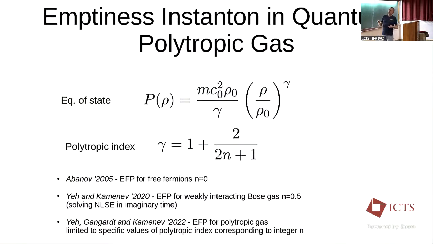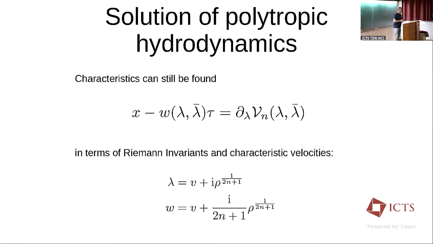Of course, the solution for the emptiness probability was deduced by my collaborators and myself some time ago. Because it involves some analytic function like the gamma function, it could be simply analytically continued, but we had no idea what the emptiness shape looks like. And finally, recently, Sasha and I found a way to deal with this problem.